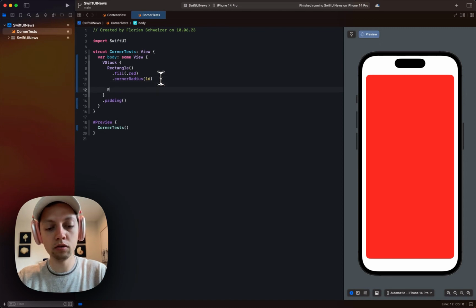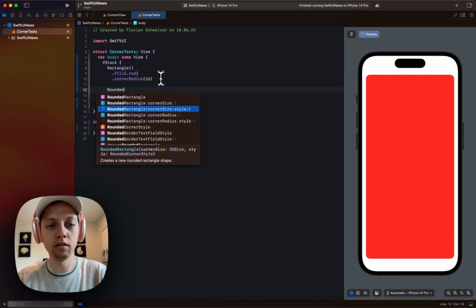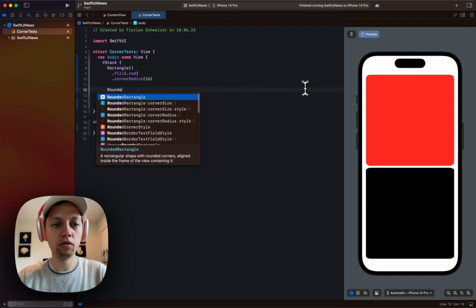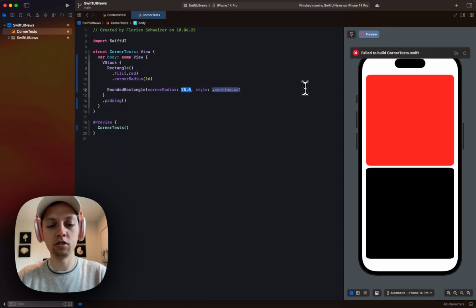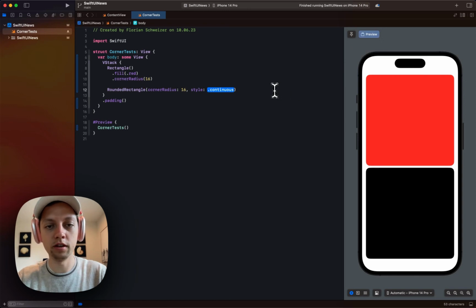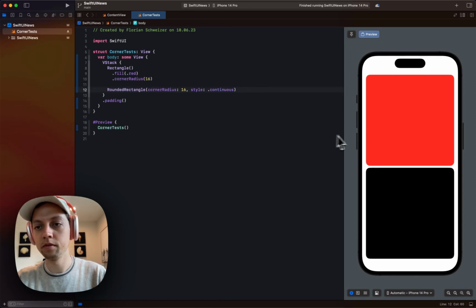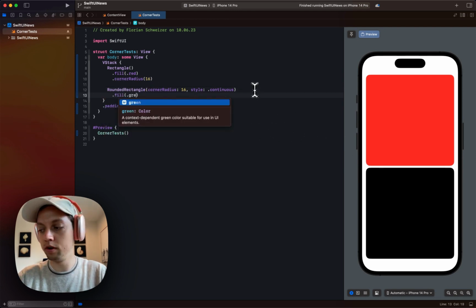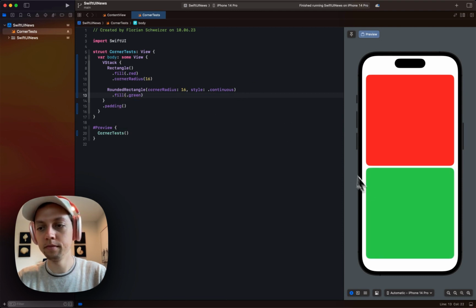Now instead, you could also use a rounded rectangle, which also allows you to specify a corner size and a corner radius style, or you can use a different initializer here with just 16 points of corner radius and a style of .continuous, which behaves a bit differently than the corner radius view modifier. Let's also add a fill of .green perhaps here. And you can see this is almost identical to the red one,